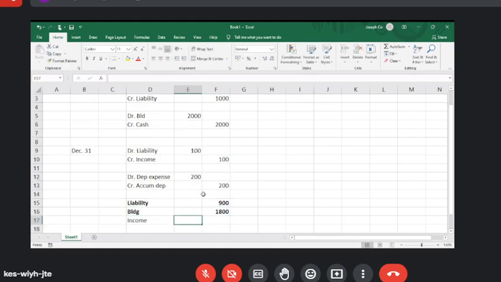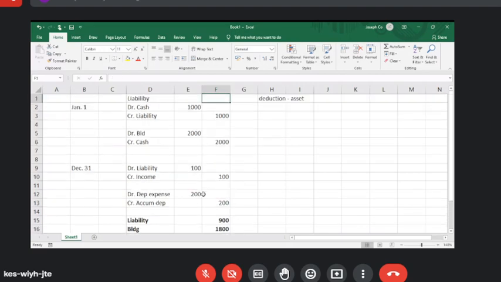Income tayo na 100 at may depreciation expense na 200. Kaya again, no, under liability approach, no,